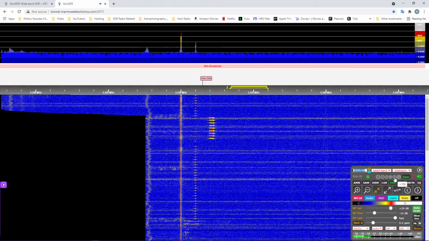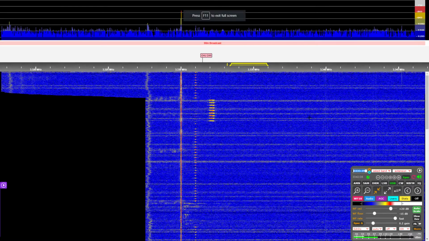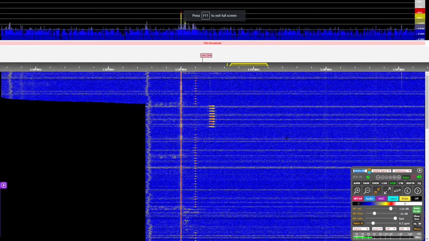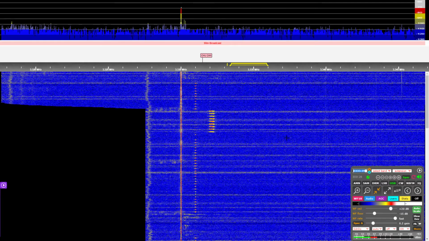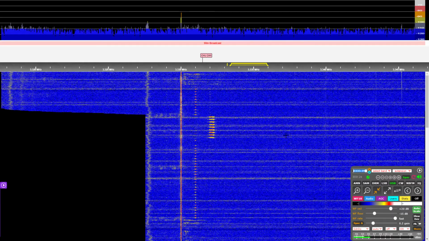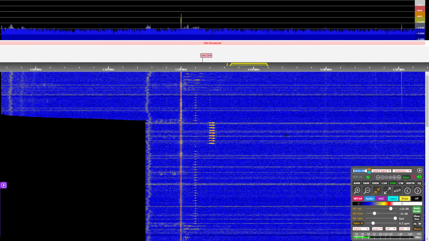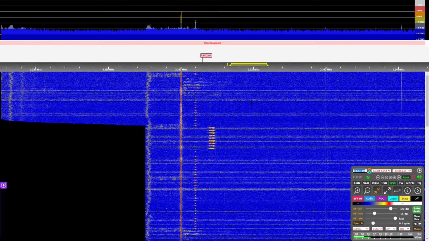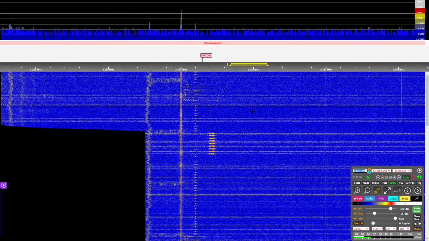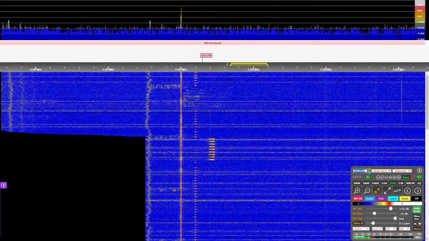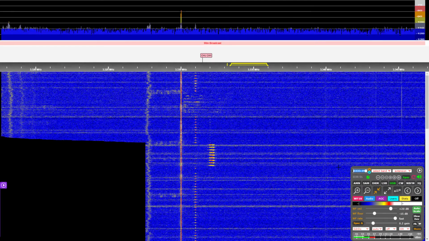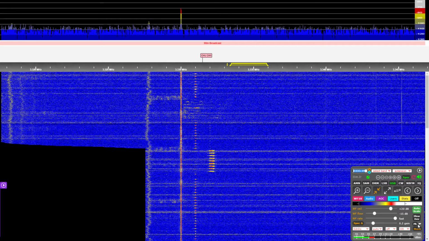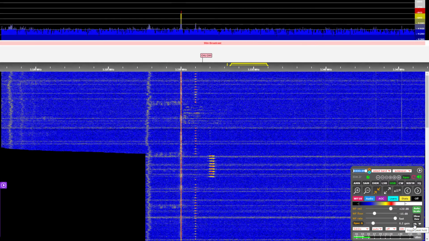I'm going to go into full screen mode. There we go. So here we are in full screen mode. Kind of see everything. It's not jumbled by web tabs and so on and so forth. Also down here, see where it says PK?